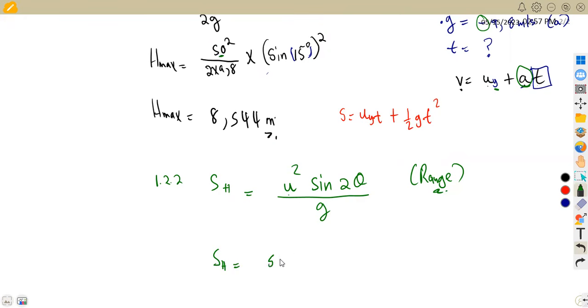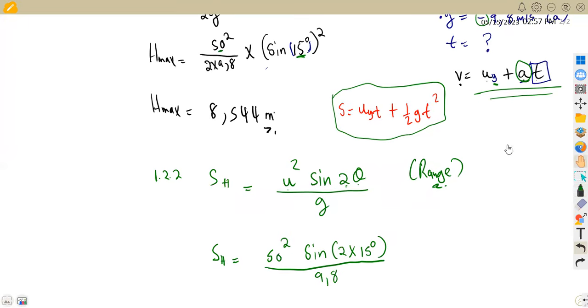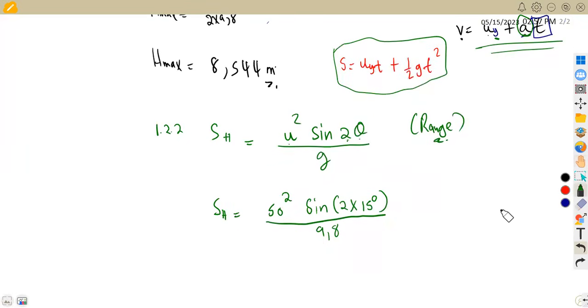which is the 50. So it is going to be 50 squared times the sine of 2 theta. That is the angle that you're given, so it's 2 times our angle. This time it was 15, so we are going to multiply 2 times 15, everything over G. Take note, when you are using this formula, our G is positive. You use G as a negative when you are using the formulas for linear motion. But on this one, you use your G as a positive, as it is. So that is 9.8. All right, so this gives us our SH, which is the horizontal displacement, or the range